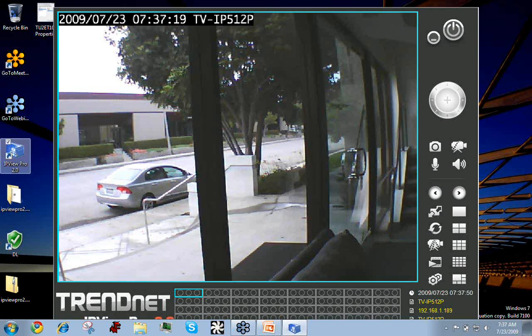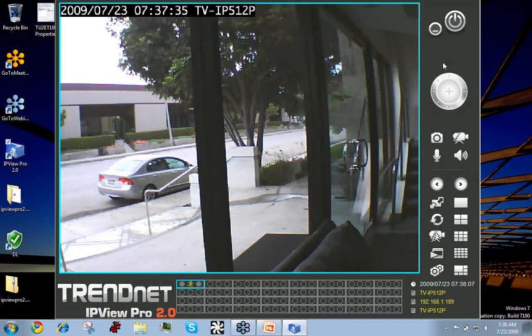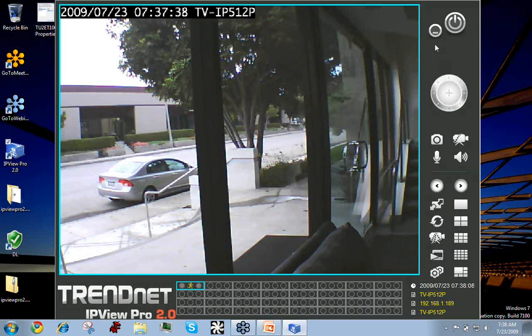So I'm going to pause a little bit because we are eating a lot of bandwidth here running the webinar with the live video in the IPView Pro demo. So you might see me pause or might hear me pause to let the video load. But right here you can see we have the TVIP 512P camera loaded in our lobby. It's pointed outdoors, so it is an indoor and outdoor camera, and it does have the respective light settings in